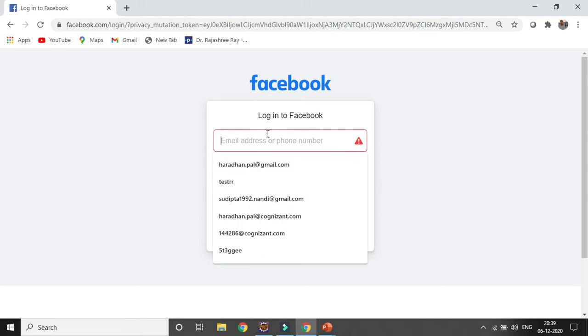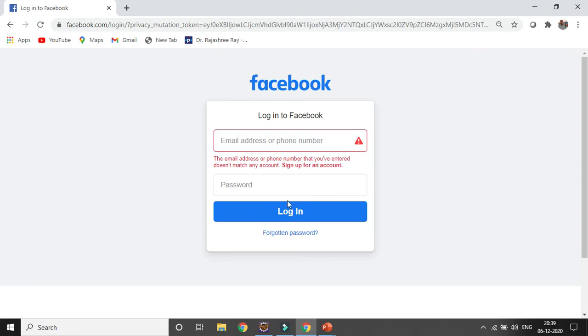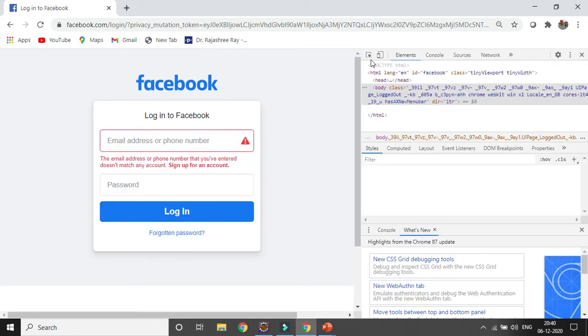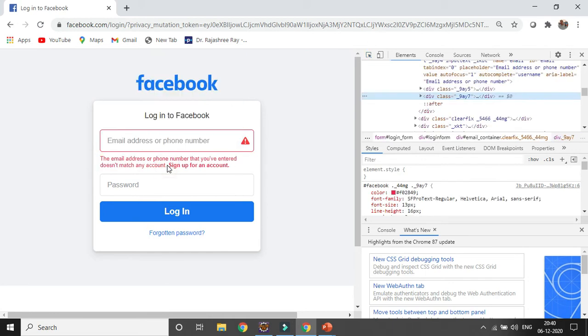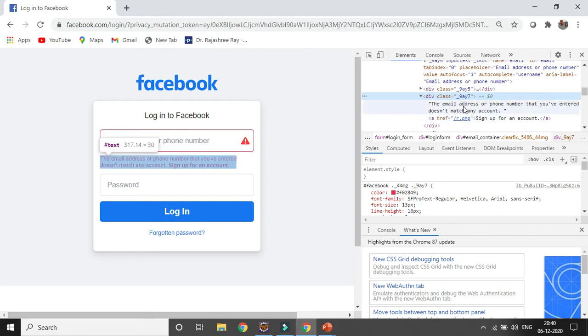So here, after entering any random number in the email ID field and clicking on the sign in button, you can see an error message is coming. We want to verify whether the expected is matching with the actual one. So first I need to inspect and identify the error message. I need to create some XPath or CSS for the error message. You can see it is expanding a div class, so I will try to create an XPath for the error message. So how can I create it?